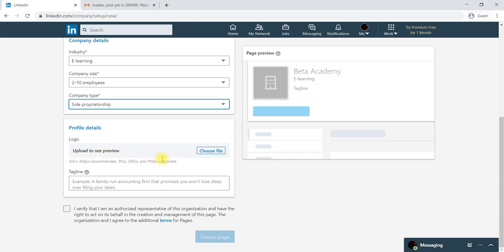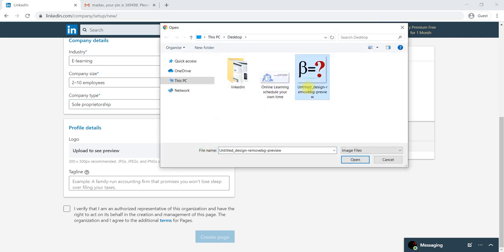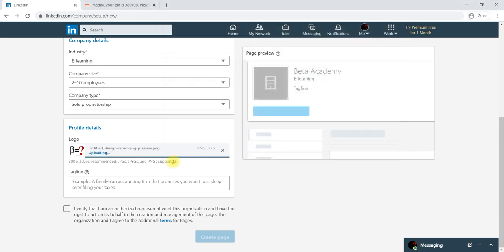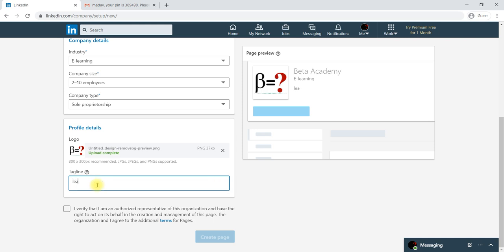In the sense, you can choose a file, a logo for your company. You can select it. You can give a tagline for your company, simply any tagline.